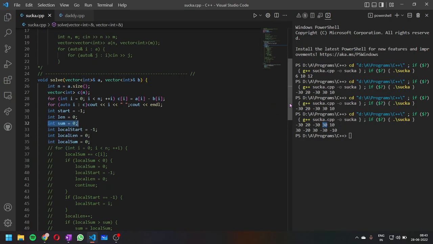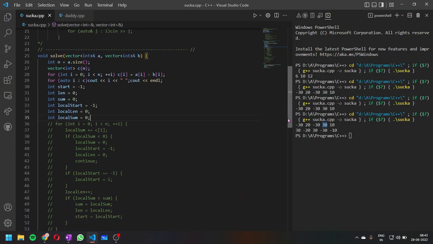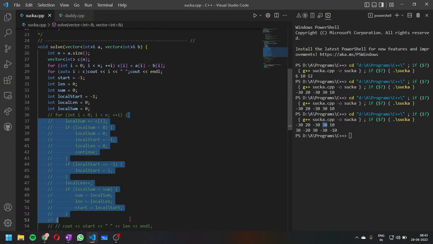At the end, sum will not be necessary, but sum is there to compare the maximum possible subarray sum. Also, I am using a local start, local length and local sum. This local will keep track of new subarrays, and compare them with the maximum subarray that we already have. Now in this for loop, I am solving this question.